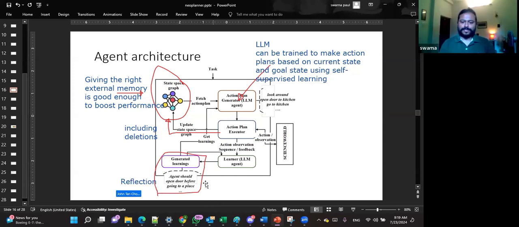See, this learnings, I would say, is a semantic memory. So it's a very generalized set of rules about the environment, how the environment works. Another set of memory that is supplied to the action plan generator is the action observation sequence, the most recent trajectory of the action observation sequence. I would say that's a part of the episodic memory. But I'm not storing the episodic memory in a stricter sense, like that's being stored in other works. So probably we need to figure out a way to store the episodic memory efficiently.